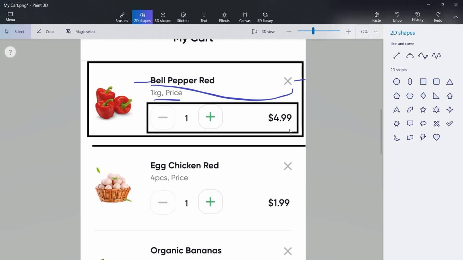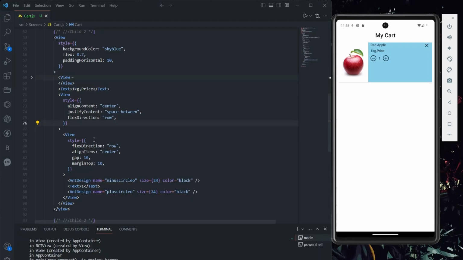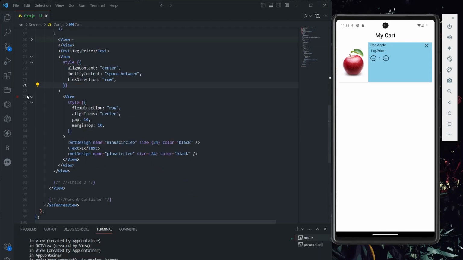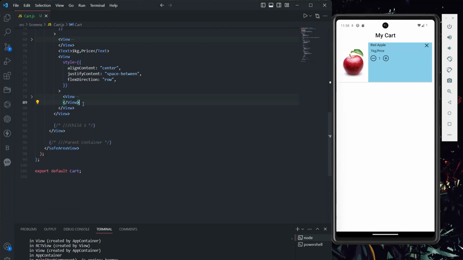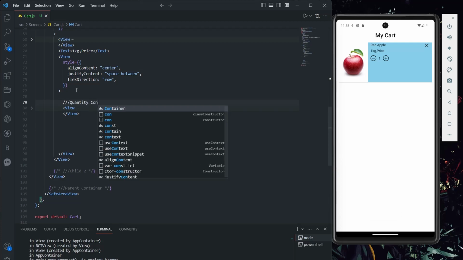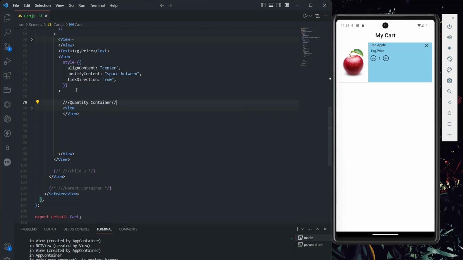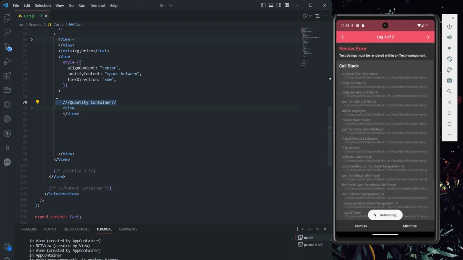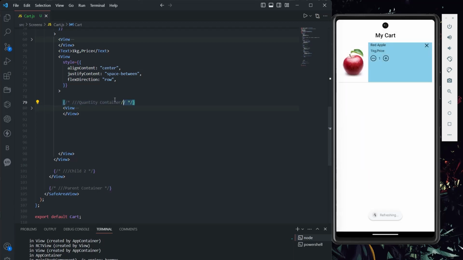So one more thing, we have to show the price, right? So let's add that price as well. Right now this was my quantity thing. For differentiation, I'm gonna say quantity container. I have to comment that, and same way I'm gonna add below here,